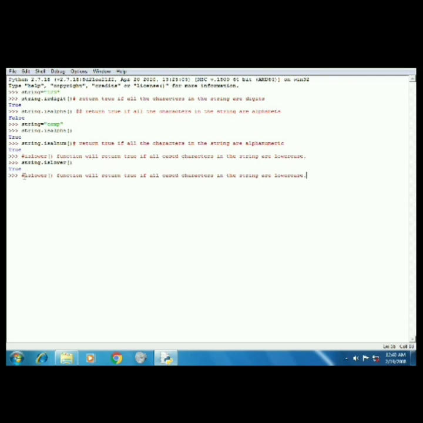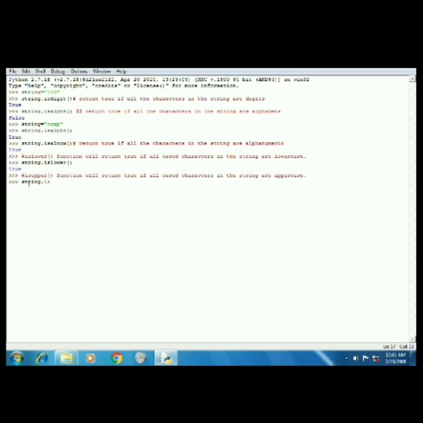The isupper method tests whether all the cased characters in the string are uppercase, and if they are, then it will return true. If any one of the characters is small, then it will return a false value. Syntax is string.isupper(). If the string is "COMP" in capital letters, then it will return true.